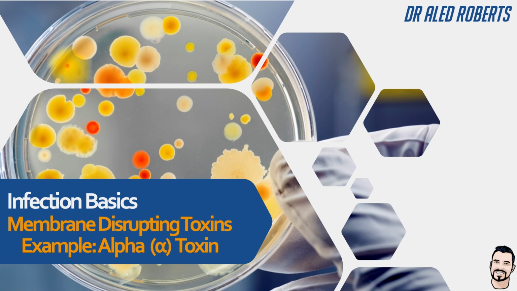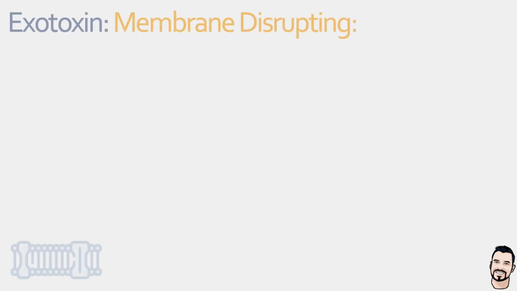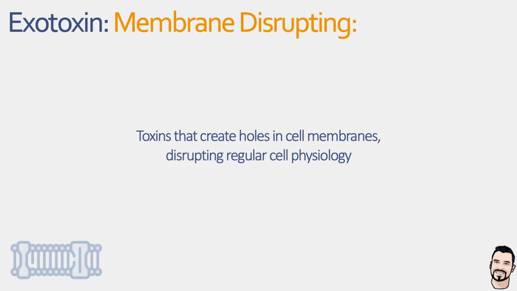I'm Dr. Alid Roberts, and in this video we're going to look at some specific groups of exotoxins that cause membrane disruption in host cells, and then work through this with a key example in the form of the Staphylococcus aureus alpha toxin. And so one of the first things we need to ask ourselves is, what are membrane disrupting